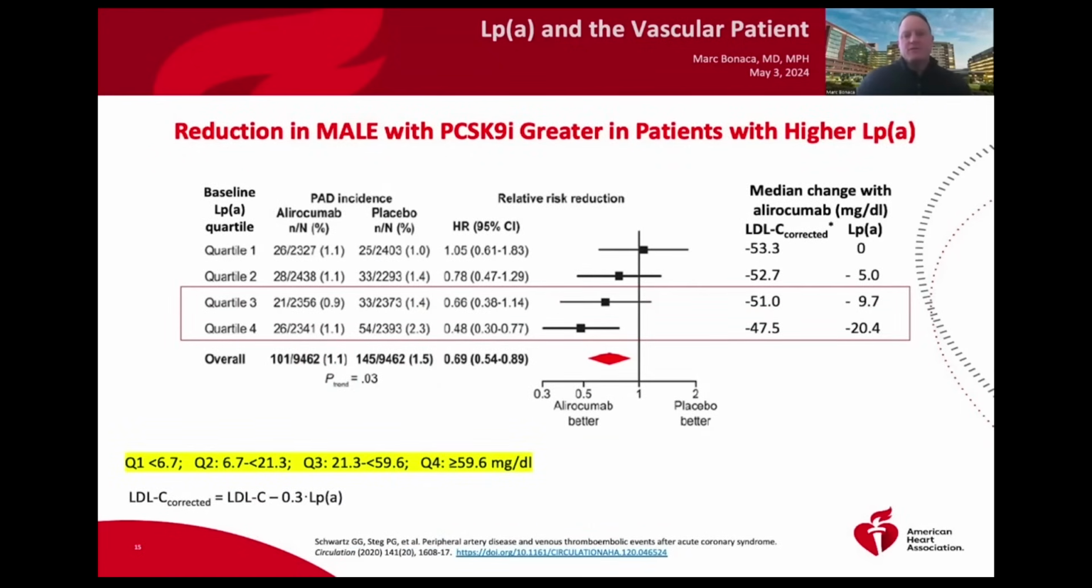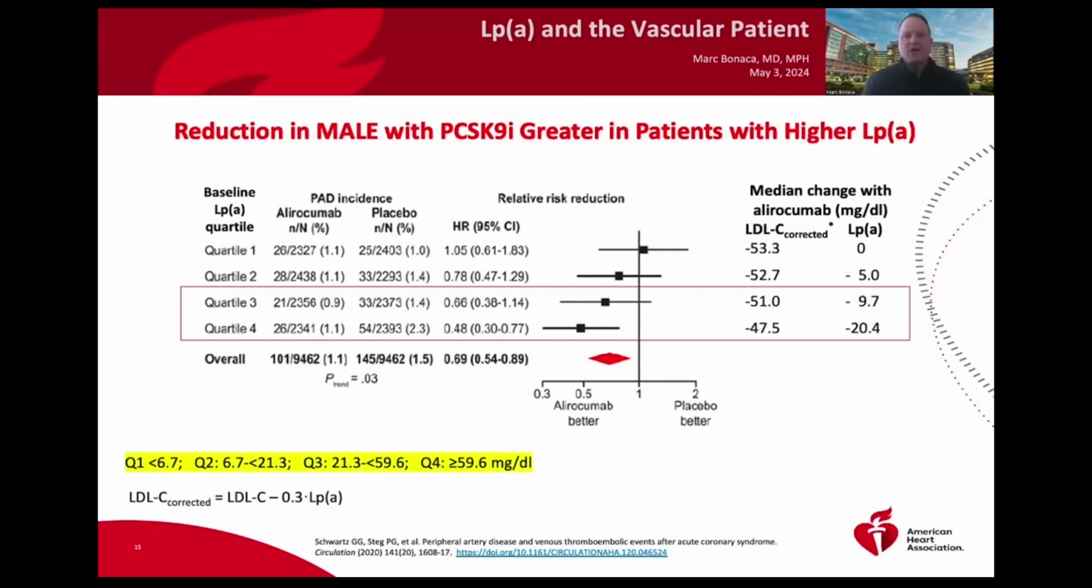We also know from randomized trials that patients who have elevated lipoprotein A not only have higher risk, but they may derive greater benefit from certain therapies. So this is data from the Odyssey Outcomes trial, a trial that looked at alirocumab, a PCSK9 inhibitor that lowers LDL and has a modest effect on LPA. And what you can see by quartile of LPA here with regard to limb events is that despite the fact that the LDL lowering is the same in all of these,